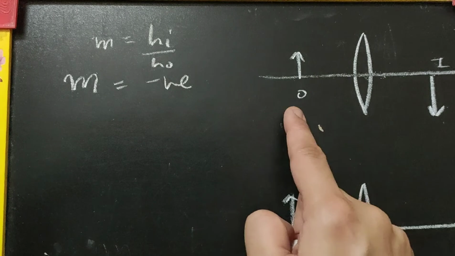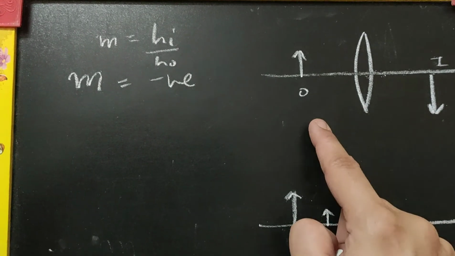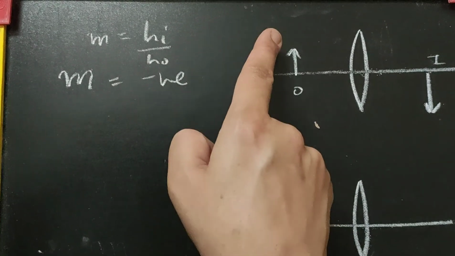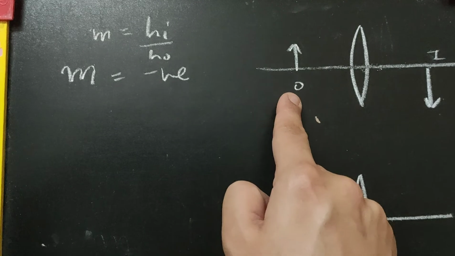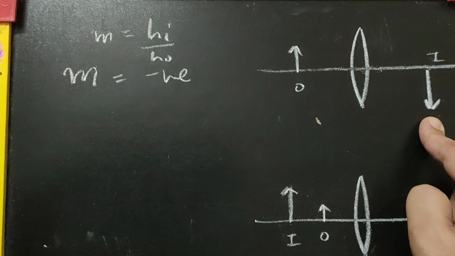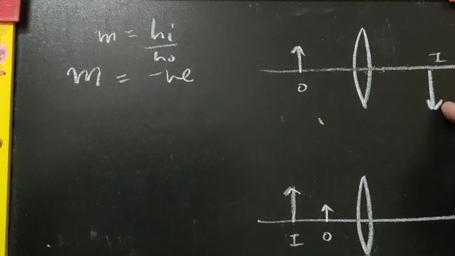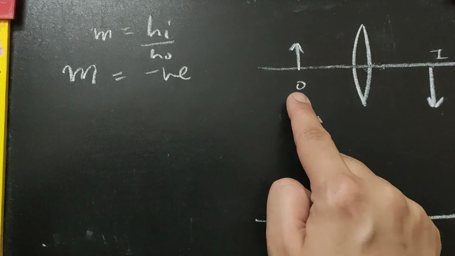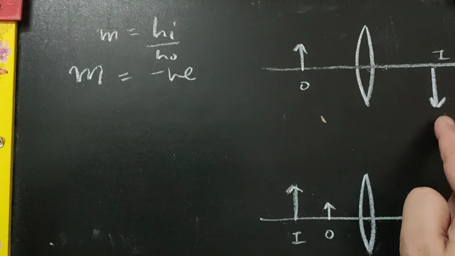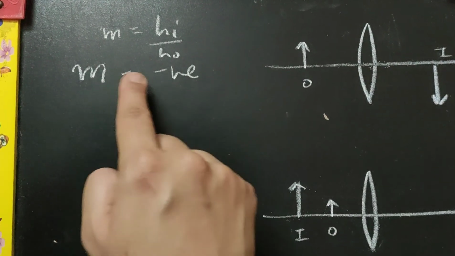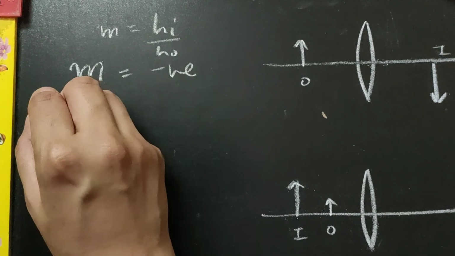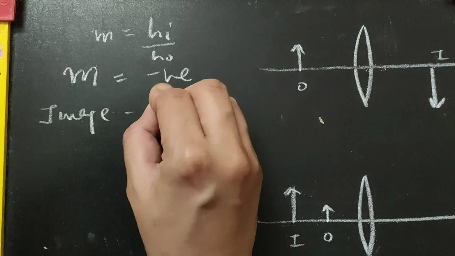So this means the situation is something like this. The image formed by the lens is inverted. Reason being, we had discussed in sign conventions, heights above the principal axis are taken positive if suppose this is representing the object, and heights below the principal axis are taken as negative if suppose this is representing an image. So whenever the image will be real and inverted, the sign of height will be different and hence magnification will be negative. So whenever magnification is negative, we can infer that the image is real and inverted.